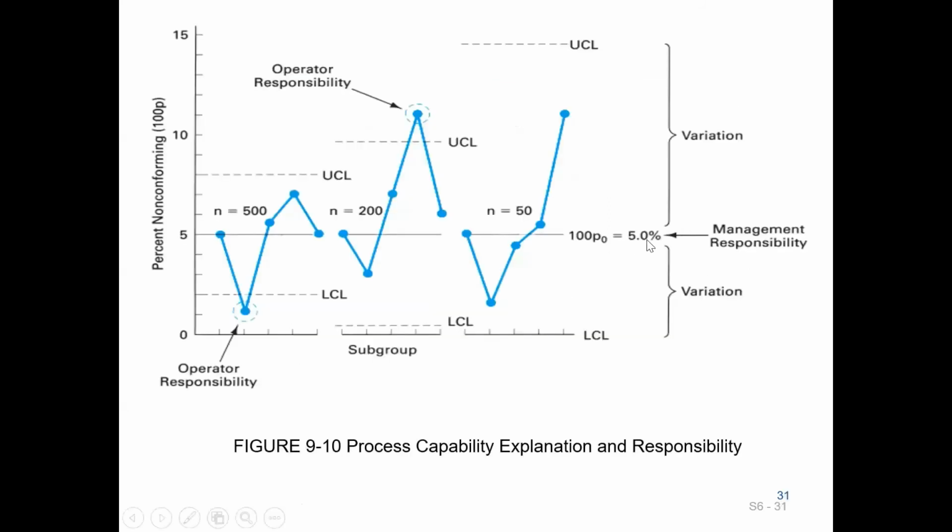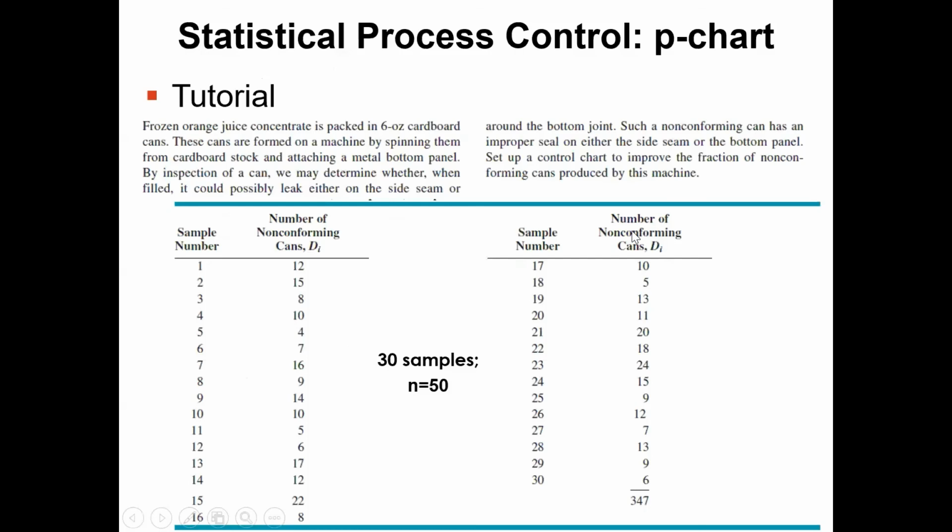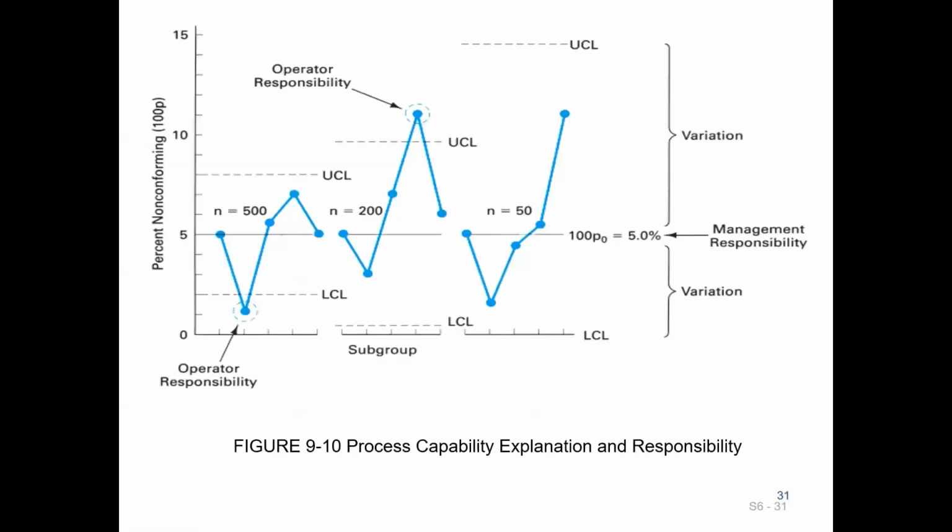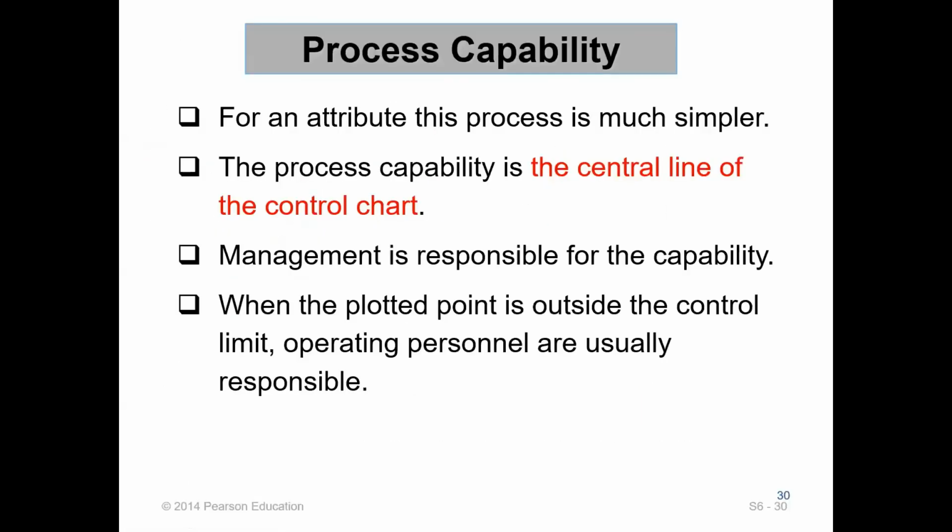So in this case, for example, this is the center line. This is a tutorial for the P chart when the sample size is consistent. I will just stop the video here now, but if you still want to continue, then you can watch a subsequent video. It's also on the P chart, but the P chart for inconsistent sample size.